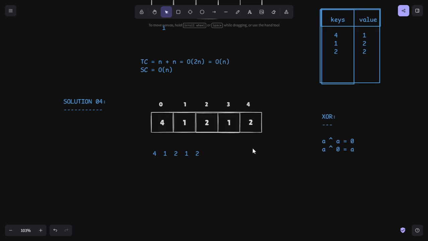Now, whatever numbers are present twice, 1 XOR 1 will get cancelled out, 2 XOR 2 will get cancelled out. It means 0 will remain as the result for the elements which are present twice. And when 4 remains, 4 XOR 0 is performed, simply 4 will come. It means I will get the desired result. So the simple thing I have to do here is